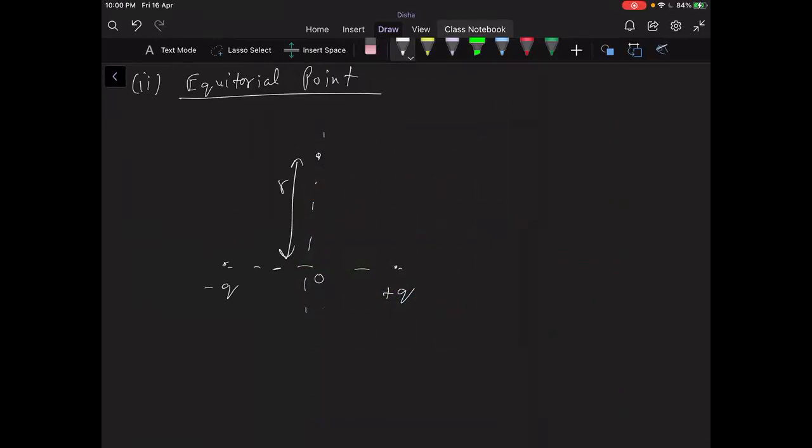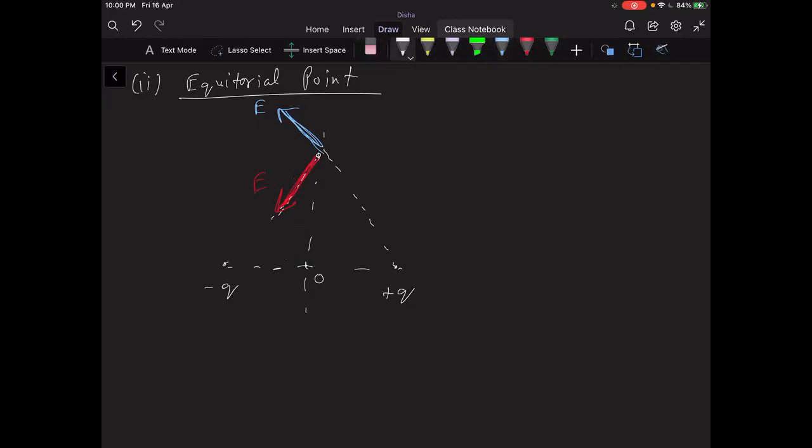And then what I'm interested in is, I think I should draw the R later. I'm interested in the field due to both these types of charges, positive and negative. So the negative charge will have a field like this, let's call it E. The positive charge will have a field like this, let's call it E as well, because the magnitude will be the same, since the distance and charge are the same, by symmetry, you can see.